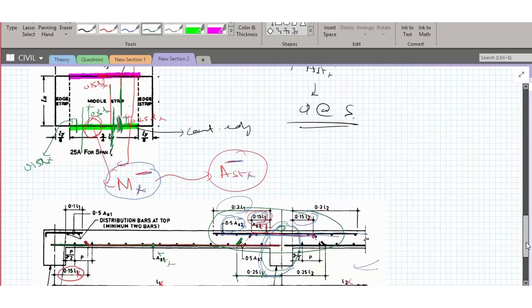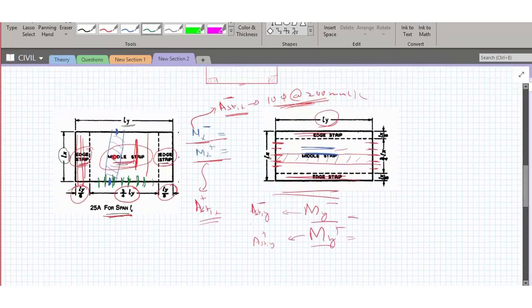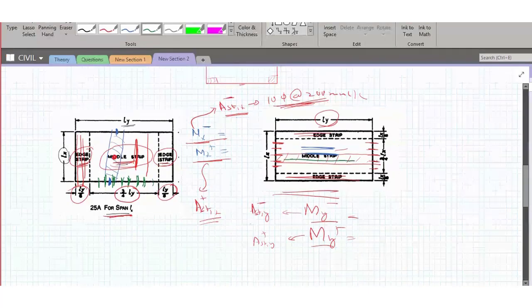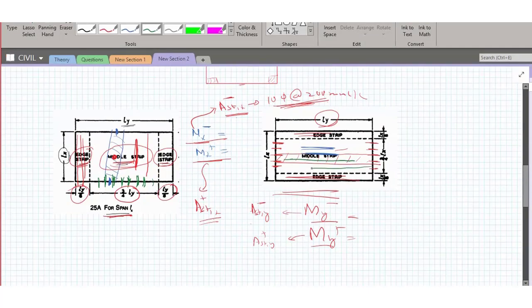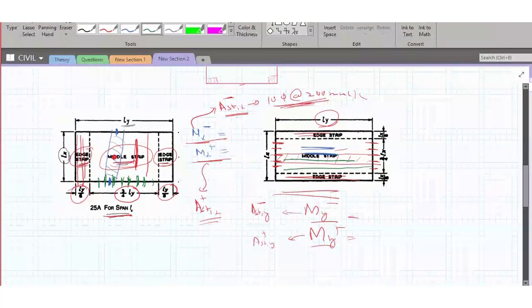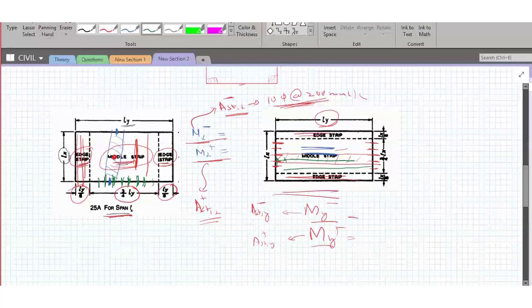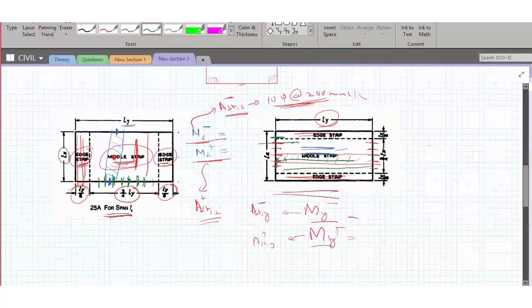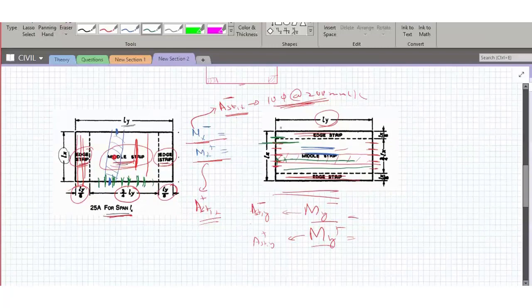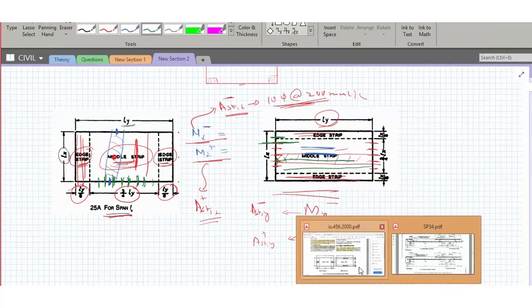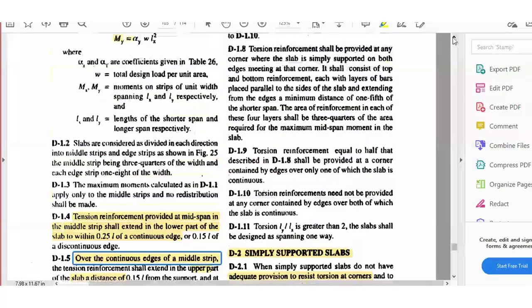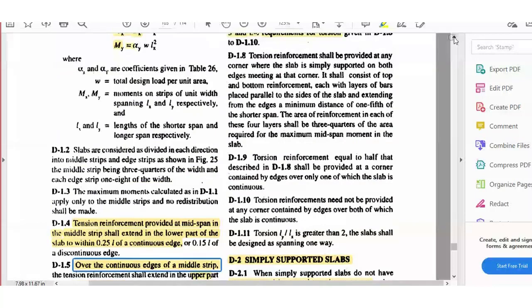Rather than considering this, I can consider this one also. So here also it is the same thing. One will be short, depending upon continuity, and you will know whether this distance is 0.15 or 0.3. The same thing applies near the support. Here also a shorter bar and a longer bar. Like this, it is going to go for the middle strip. For the edge strip, it will be your minimum steel. So please have a thought on these clauses which I have read up to D1.5.